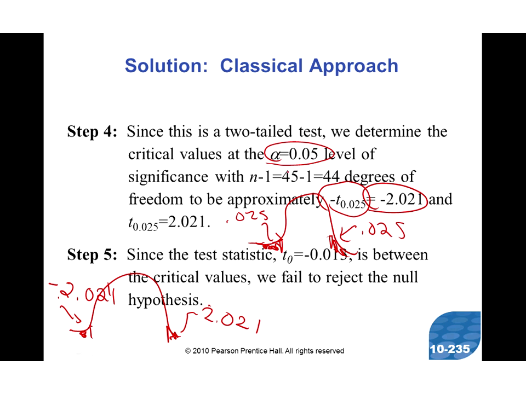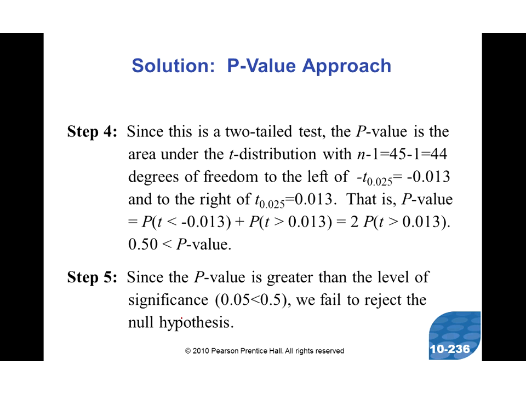And positive 2.021. And because the test statistic is right here, in between these two values, we fail to reject. It needs to be in those red shaded areas for us to reject the null hypothesis. Now,